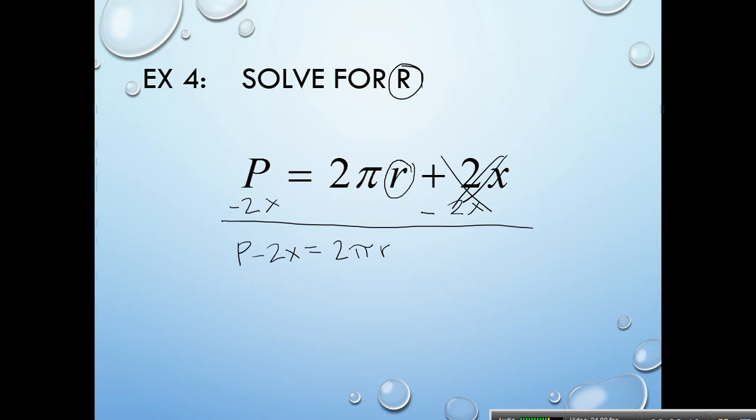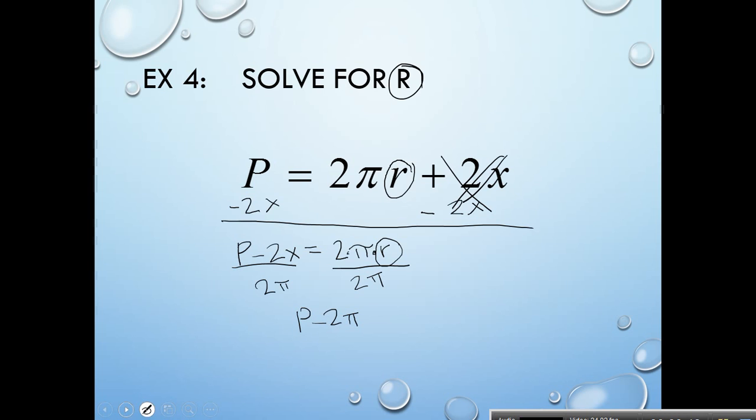Now, I still need r alone. Just like the first example we did, with c equals 2 pi r, these are multiplied right now. So the only way to get rid of them from that r is to do the inverse of multiplication. I'm going to divide by 2 pi. So I'm going to be left with, on this side, because I can't do much over here, I'm just going to leave this. It looks really gross and disgusting, but